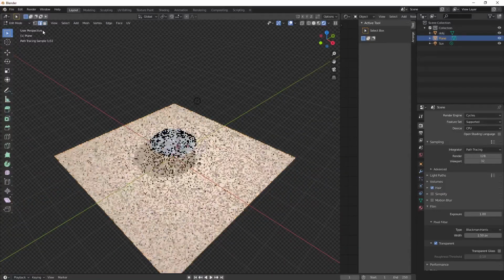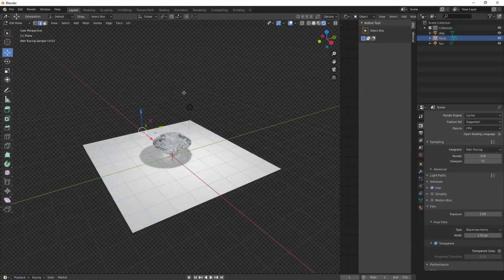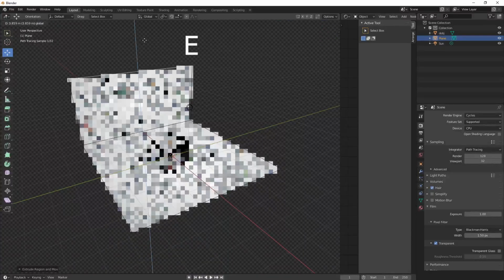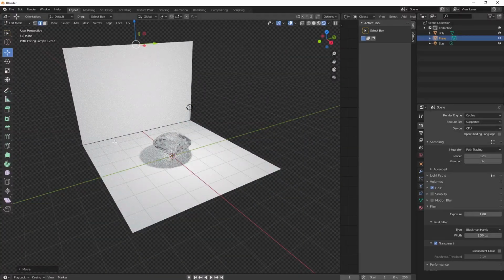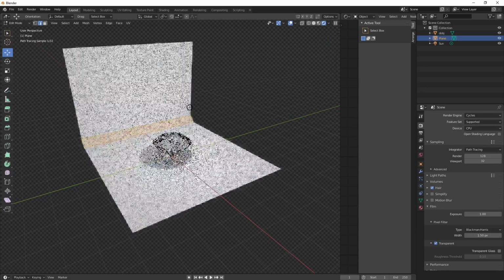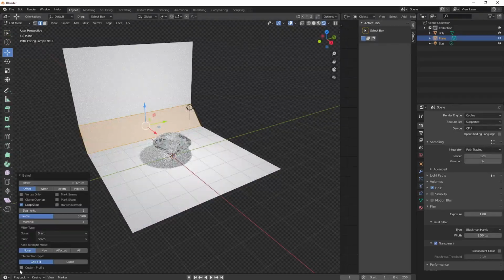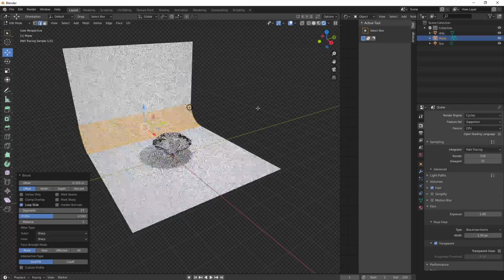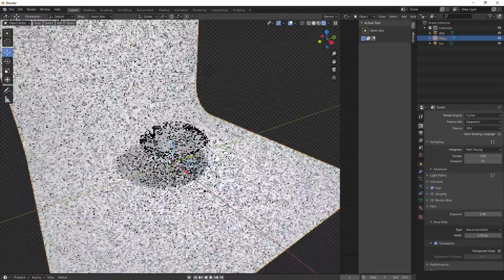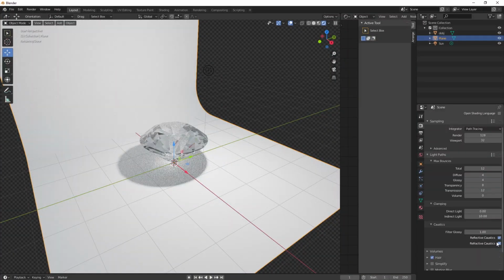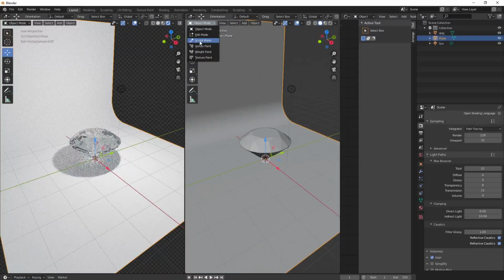This plane you can extrude, then select this edge. You can use a bevel for that. One thing, make sure the caustics is on here, so that you can get this effect by the caustics. If you want any chromatic aberration for this diamond, what you have to do is go to